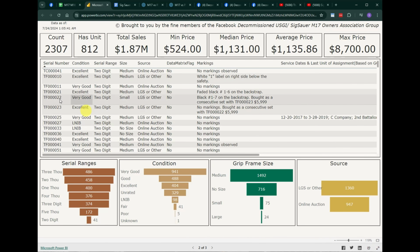I have additional pages here, including summaries where markings were involved and then the service dates and last unit of assignment. I have breakdowns on volume of things like grip size or the serial range, a 2-digit versus a 1,000 range or a 3-digit range, for example. So just to highlight, we've only seen 1.78% or 41 2 digits, but if you think about the